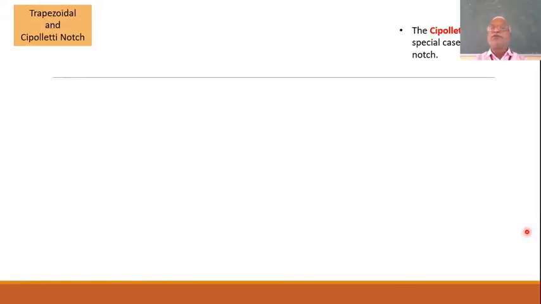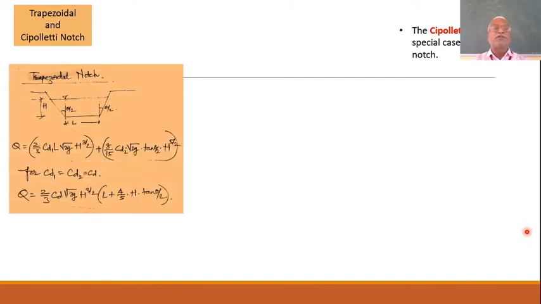Here we have a Cipolletti notch and trapezoidal notches. We'll see. Okay, I have written this earlier itself. Anyway, trapezoidal notch is with a shape as a trapezium with the base crest length smaller than the top width, obviously, right? You can have the other way around also, but generally we have like this.